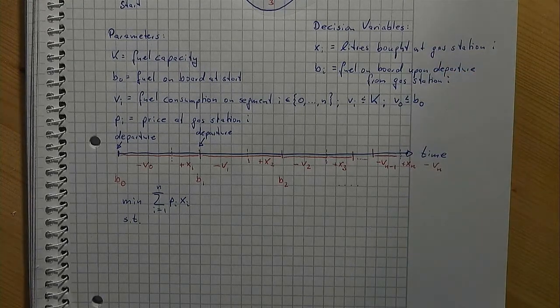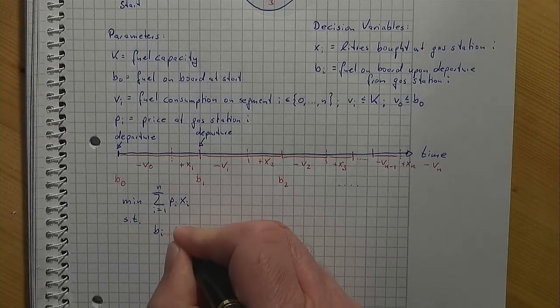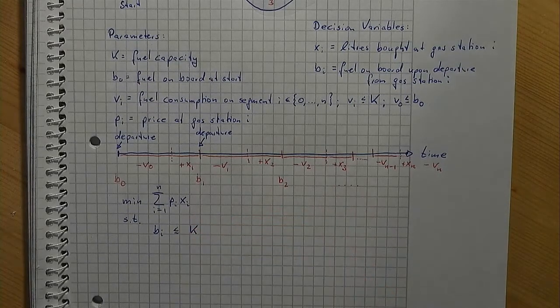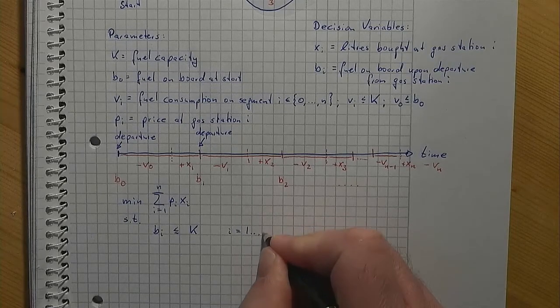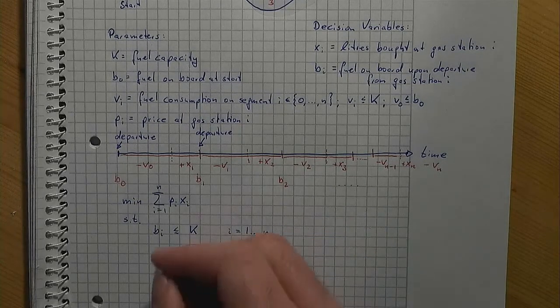The state must fulfill bi is less than or equal to the capacity k, and